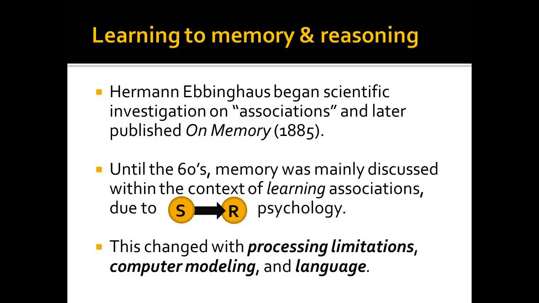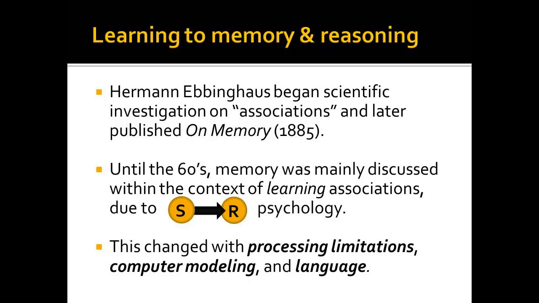He used himself as a sole participant in studies that he designed to learn about memory. He created long lists that he then attempted to memorize. Now, obviously, he couldn't use actual words that already existed, because remembering those words would be affected by prior knowledge about those words. That's why he developed so-called nonsense syllables, and memorized those instead. Eventually, he published a manuscript called On Memory in 1885.